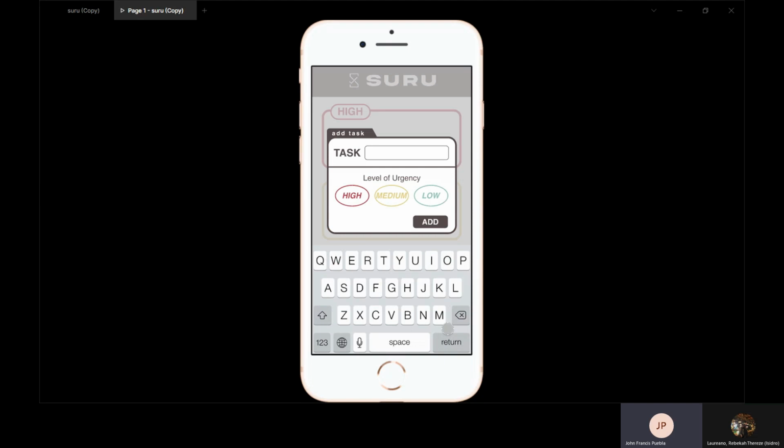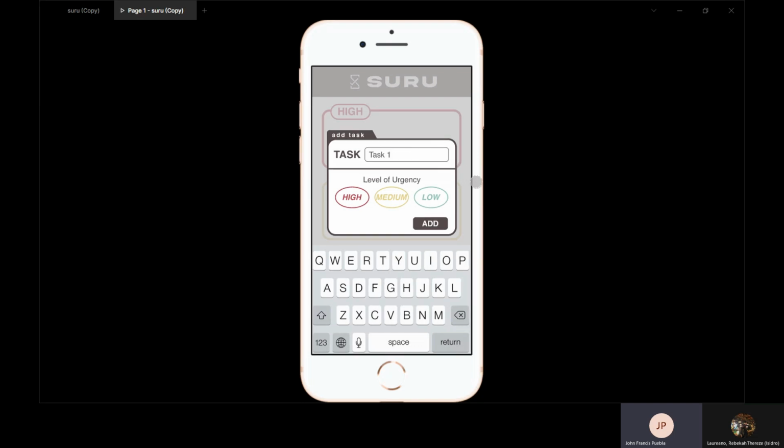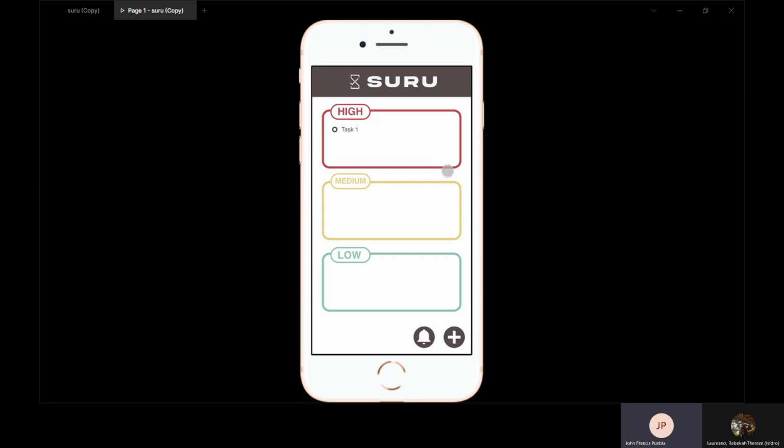You are given three levels of urgency: high, medium, low. First, we're gonna put the input in the task. For example, let's assume that we have input the name of the task. Now we're gonna choose high, medium, or low. We're gonna choose high. Okay, so high. And then we click add. As you can see, the task which is set in high will be inserted in the high level